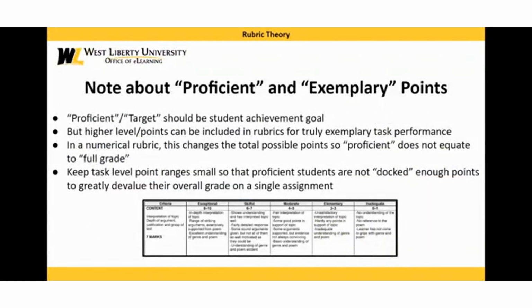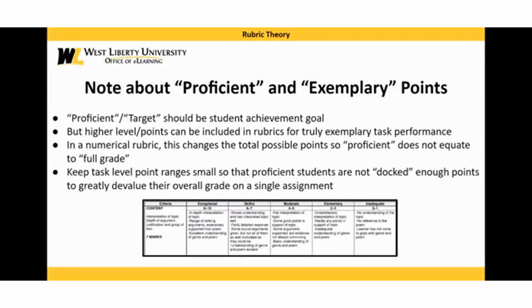Now a note about proficient and exemplary points in numerical rubrics. As with any assignment, instructors and students hope to achieve at least proficiency. But what about students who go above and beyond proficiency? This is where an additional task level can be added. In keeping clear, distinctive differences between task levels, an exemplary description should also be above and beyond a proficient description. Additional points for this advanced level are also added to the rubric, but the point ranges should still be kept simple and small between task levels